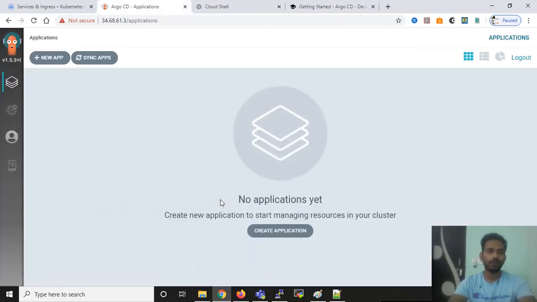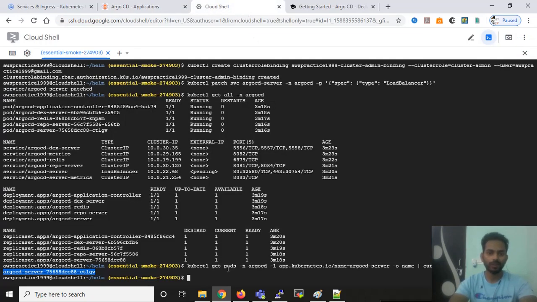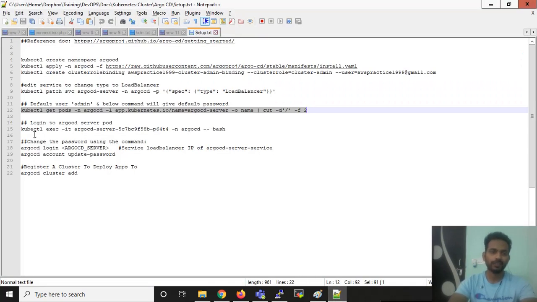So right now we are able to access Argo CD as a web page, and we are able to log in to it. But how many times are we going to use this command and copy the password and paste it? So for that you need to change your default password to your own password. What you need to do is basically run the next command, to log in onto the Argo CD server pod.